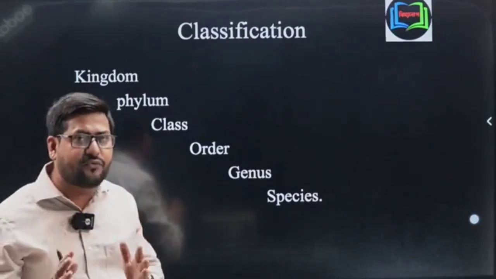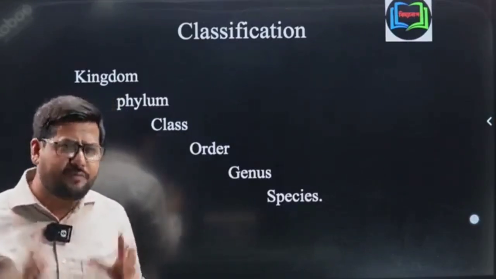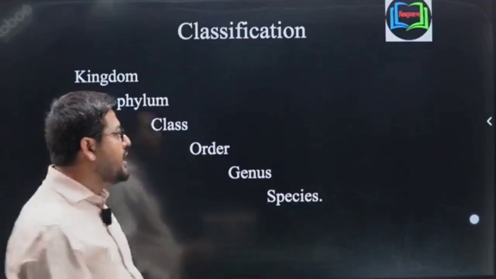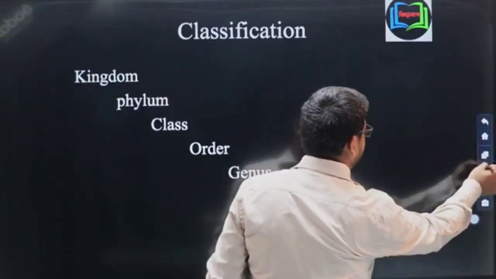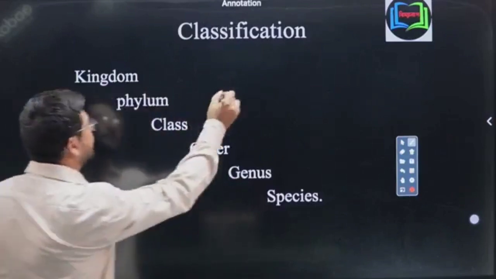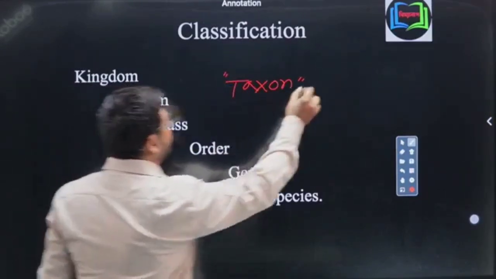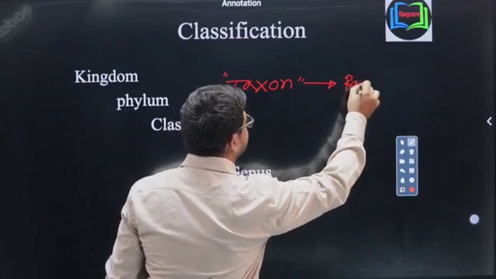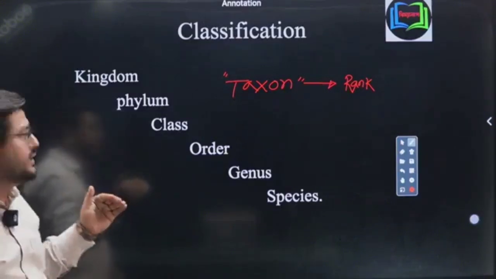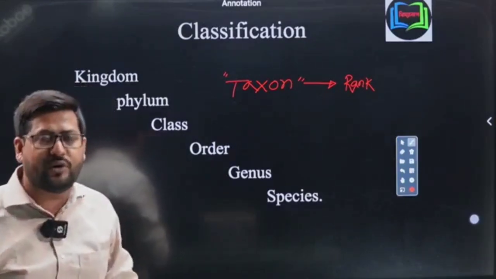So rank is an English word, but when you study classification, you have to remember a few things, like you have to know the meaning of some Greek words. When I say rank, it has a synonymous Greek word, and that is taxon. So taxon actually represents the Greek word, and in English it is considered the rank. Suppose an individual is identified as an animal, and their kingdom will be Animalia. Suppose it is Poriferans, and their phylum name will be Porifera, and it is exactly